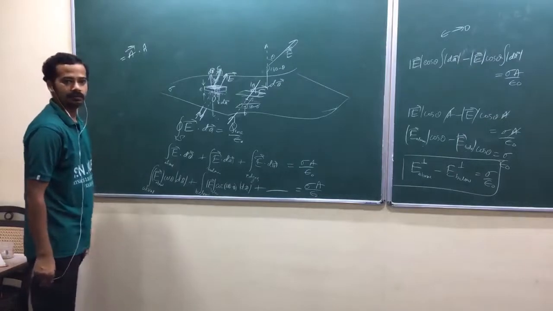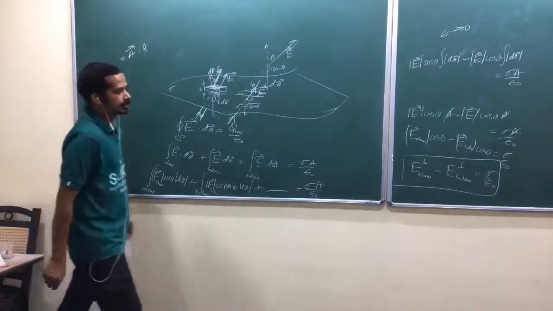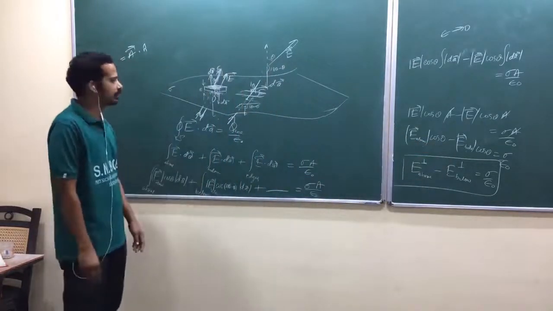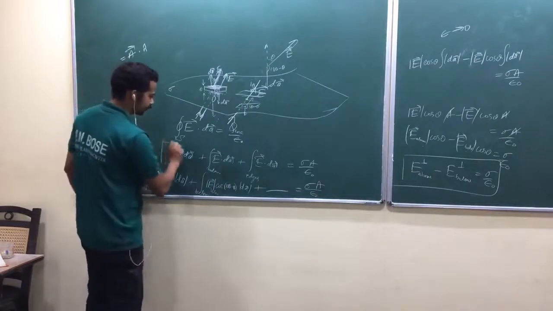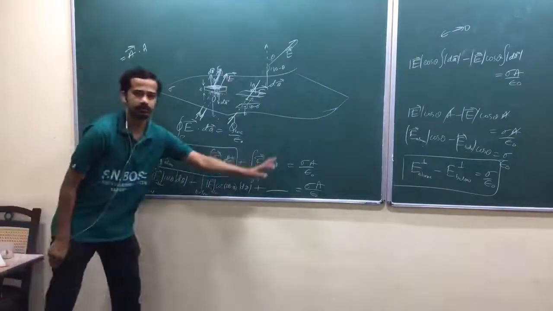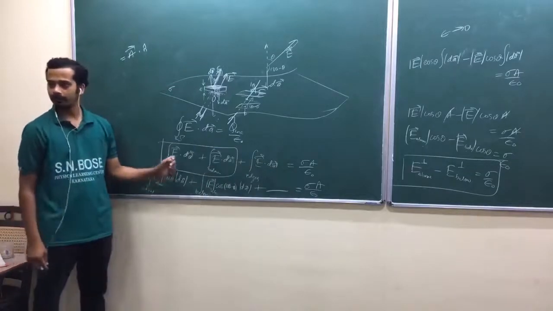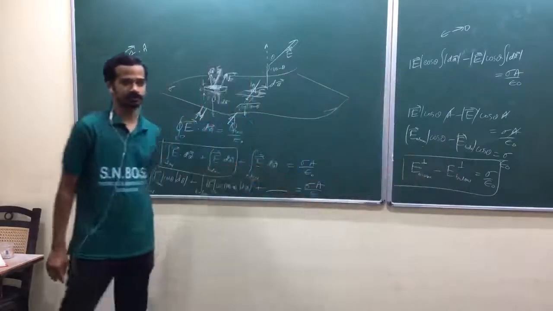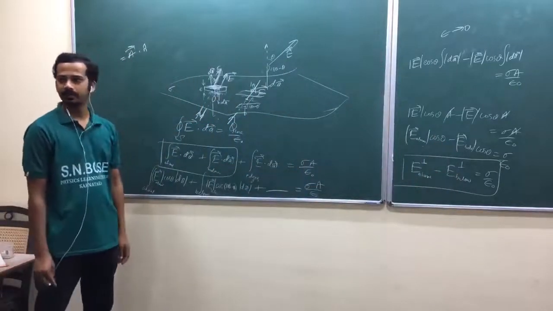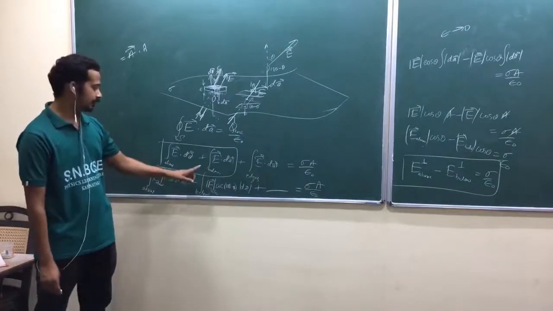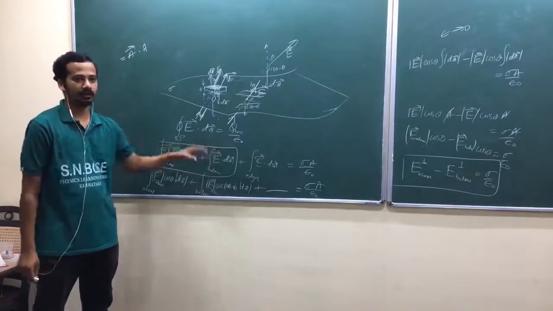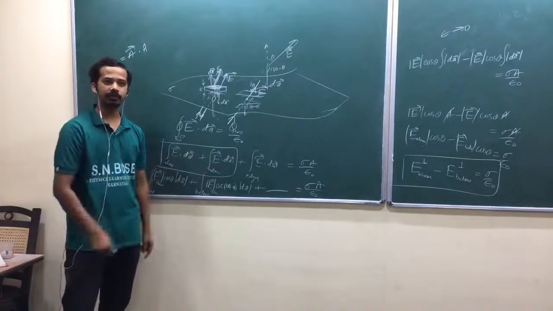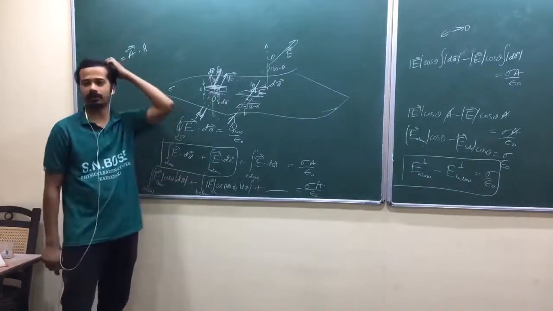Any question? Quickly. So that's why one more negative sign came here. Negative sign came here. Or any other idea? You have to explain these two. Again, this part will be 0. No need to worry. These two will be converted like this. There will be no positive sign in between. Is that okay? So we may write both positive here. That's why I have done the whole story. This will choose the component below, E perpendicular below, and E perpendicular above. Why does that negative sign come in between?